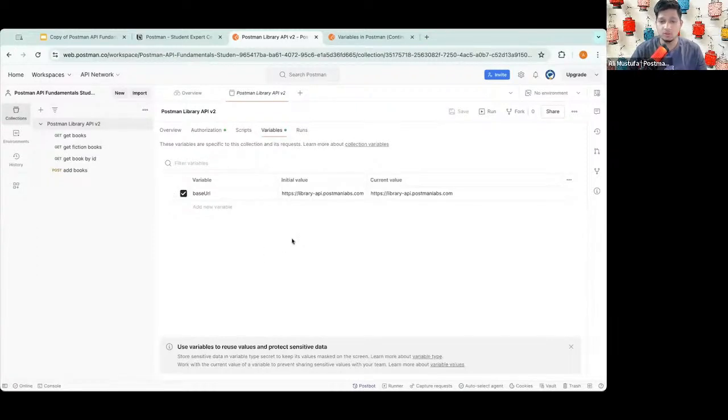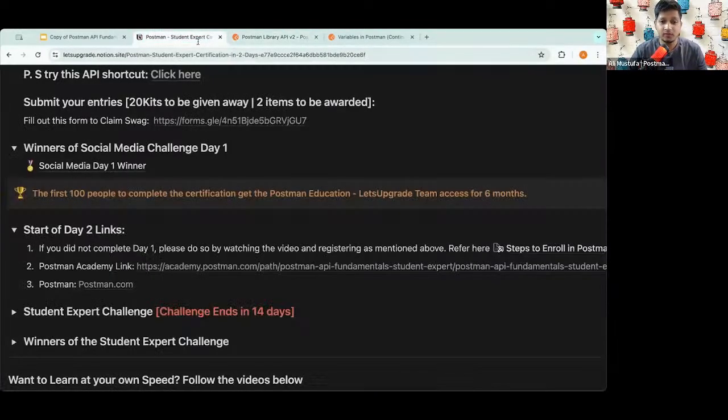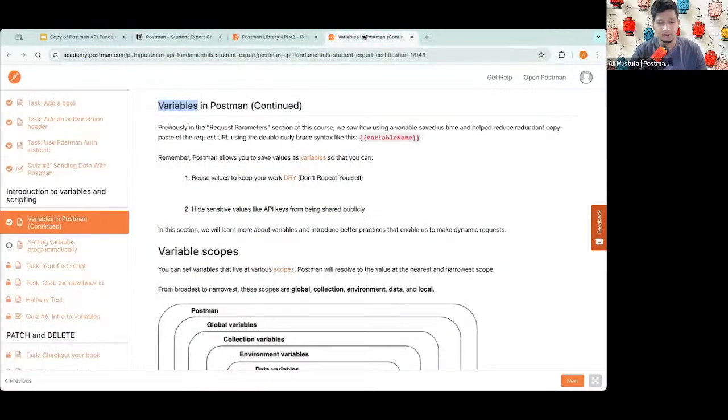Now that is one use case, which is very simple, that we don't want to type again the same base URL. So we used a small variable name which we can reference again and again. But is that the only use case of variables? Absolutely not. The whole use case of variables is that you can not just store a URL inside that, but you can go ahead and store values. You can programmatically set variables, get variables, and do a lot more things. And that's what we are going to learn today.